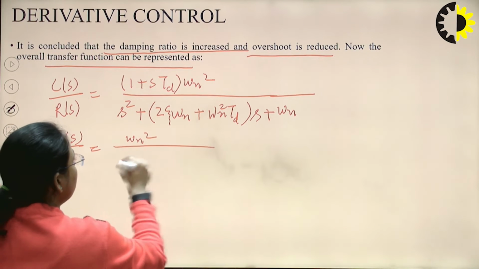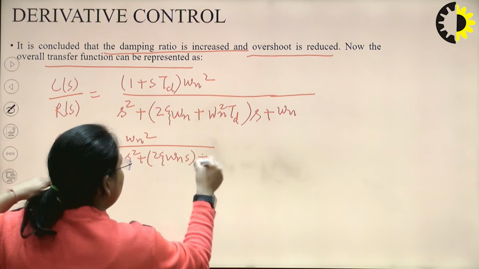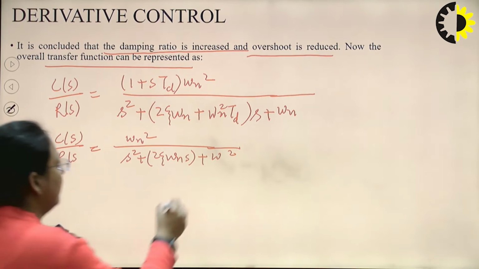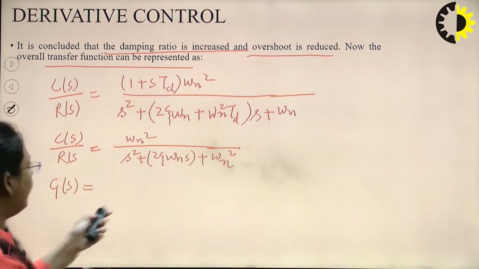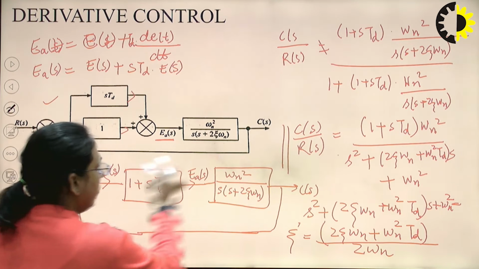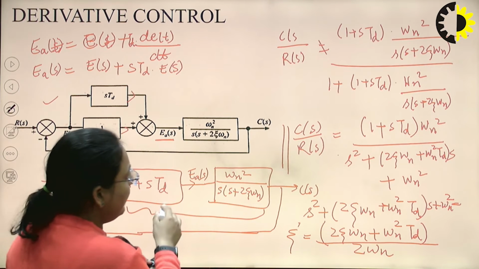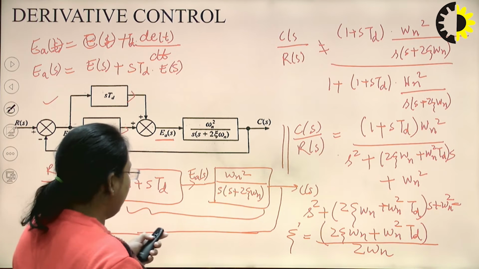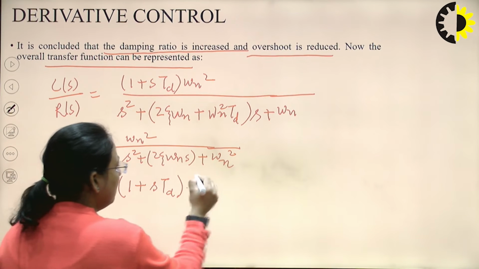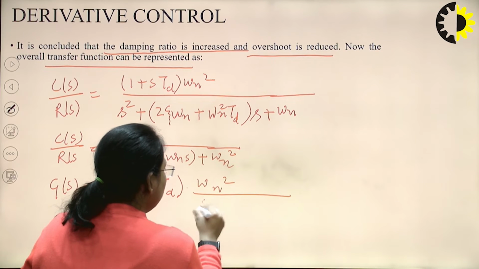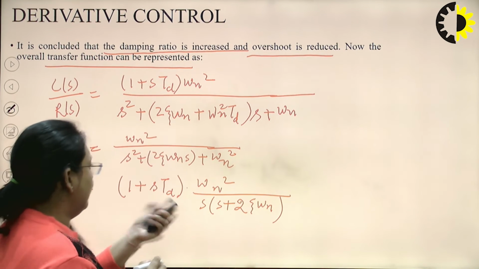omega n square upon s square plus 2 zeta omega n s plus omega n square, right? So from here we have G(s) equals to, what is G(s) here? This will be the G(s) for this system when we have introduced a derivative system. So this will be the G(s), that is 1 plus STd into omega n square upon s into s plus 2 zeta omega n. This is the STd, and we know that the